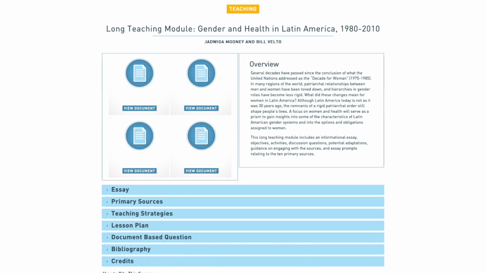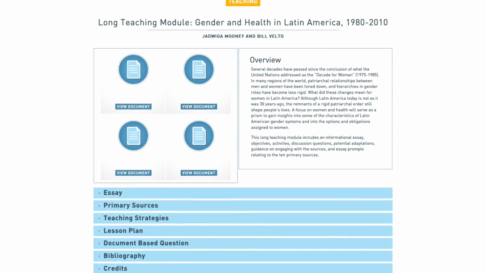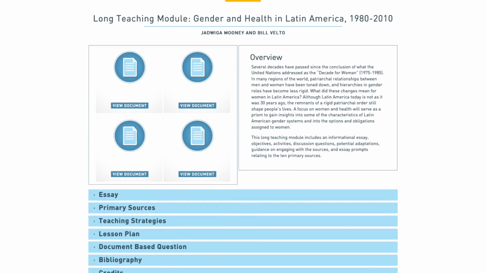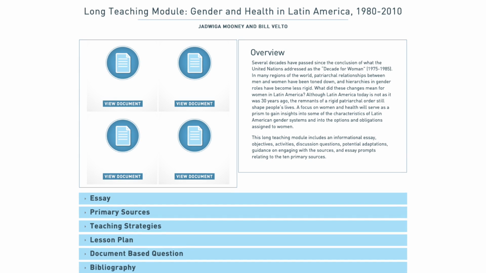Well, among the modern teaching modules that I use in the syllabus of teaching women and gender in world history is one on gender and health in Latin America. And it's a module that encourages students to think about health more broadly, not just the absence of disease, but also mental health and, in general, what we would think of as lifestyle